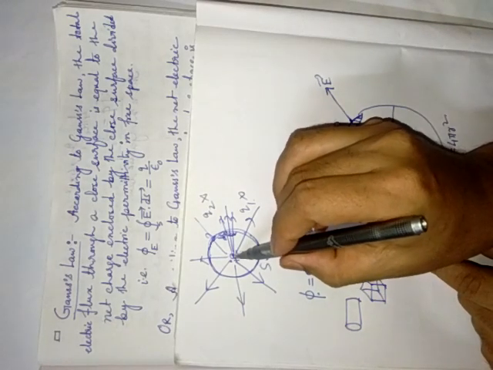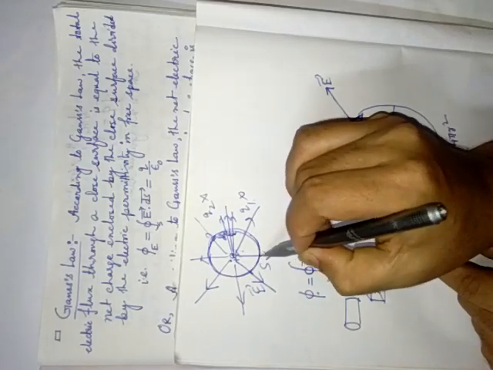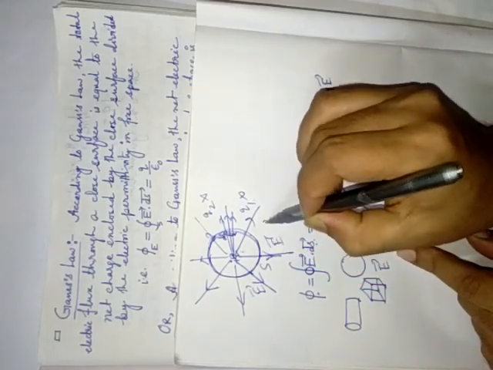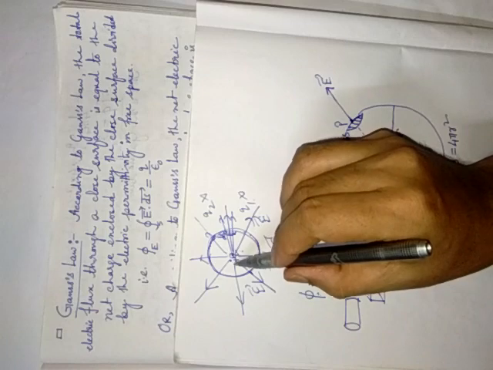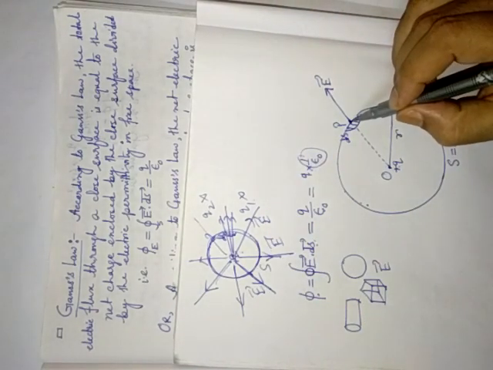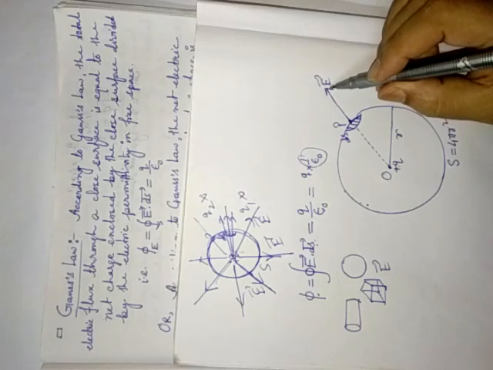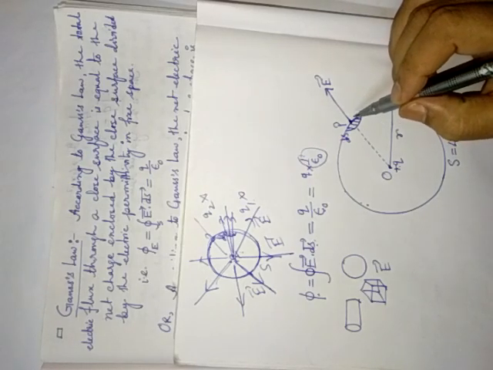See here, suppose this is plus q. The electric field intensity at this point is along this direction, at this point along this direction, E vector. Directions are different everywhere, but radially they will move. The electric field intensity is radially outward at every point. Magnitude is the same, direction may be different.